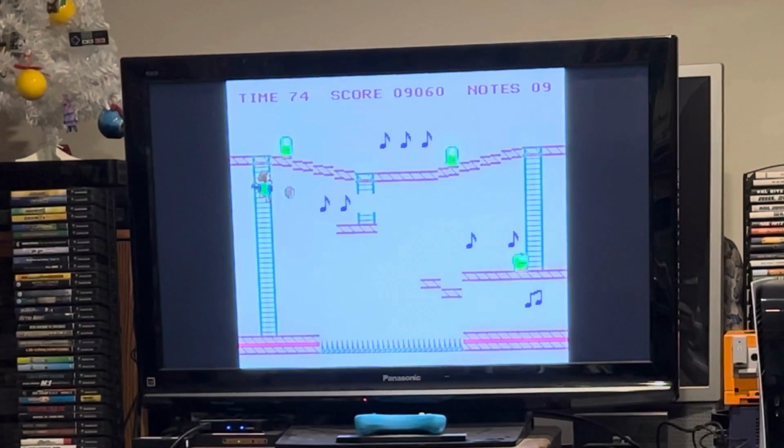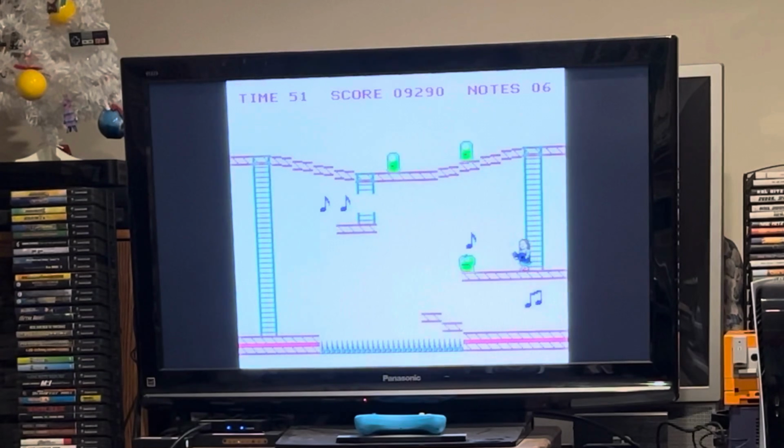because your protagonist is a guitar player who is jamming out the tunes, but somehow lost the notes to their songs and has to go around the level collecting them all. And sometimes, if you don't collect the right notes, then the ladders won't appear that get you to the other notes, so some strategy is definitely required for beating each level. Everything is on one screen at a time. You're not scrolling from one area to the next, but